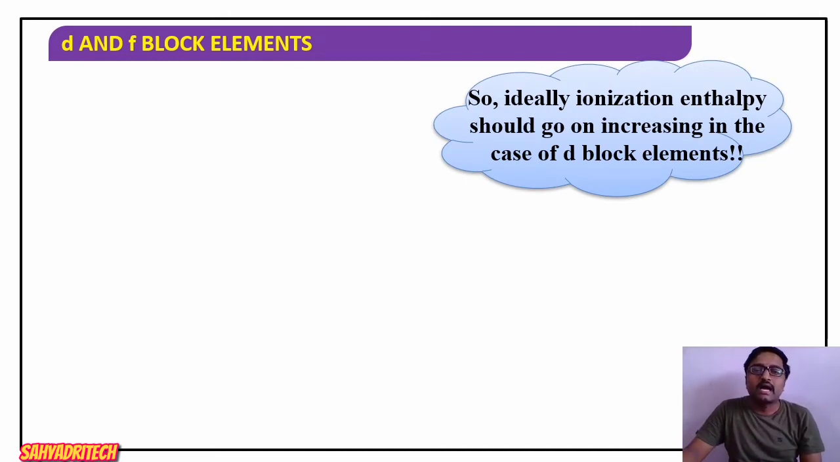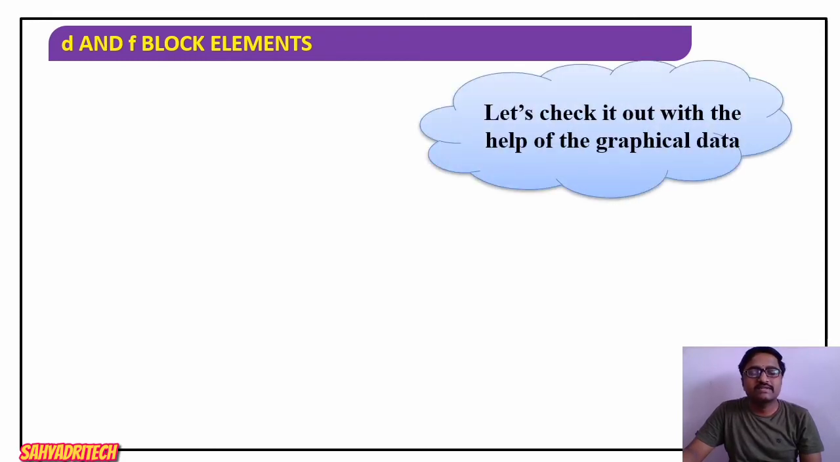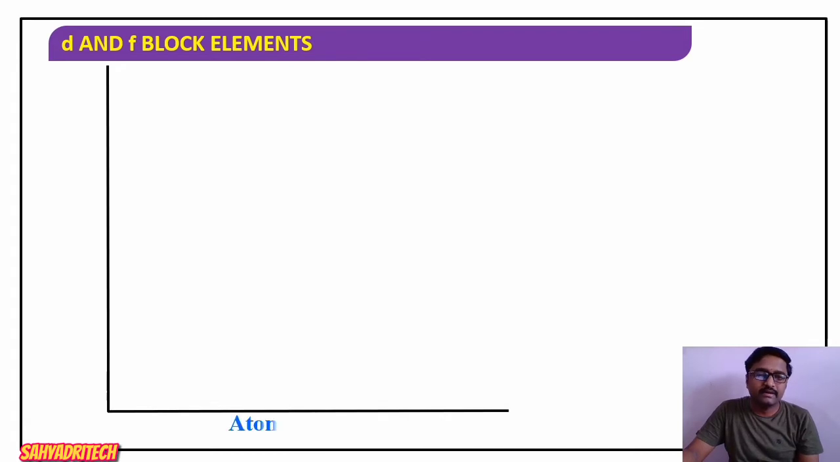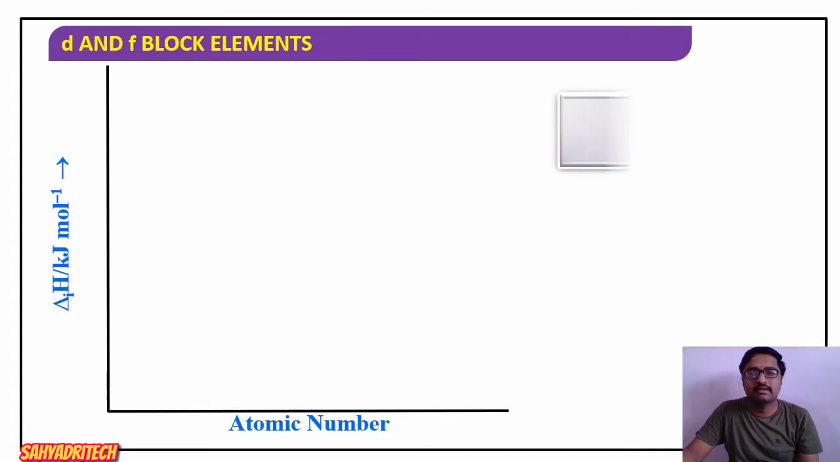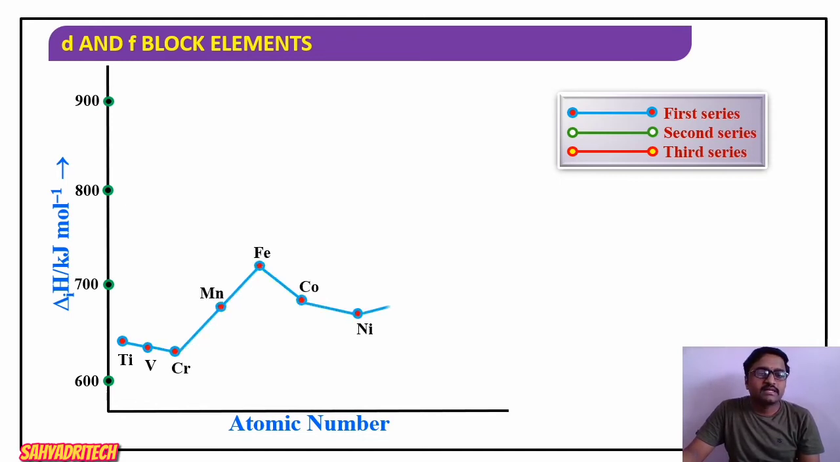Now, ideally, ionization enthalpy should go on increasing in the case of d-block elements, which means as size decreases, nuclear charge increases. Then we say ionization enthalpy, or ionization potential, should go on increasing. Well, if you look at the data, that is, ionization enthalpy versus atomic number for the different series, first, second and third series, say titanium, vanadium, chromium, manganese, iron, cobalt, nickel, copper. So for the first series, or 3d series elements, when you look at their ionization enthalpy value,